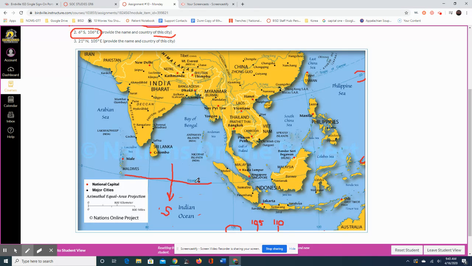Now, 6 degrees south. We have to do a lot more guesswork on this one because we don't have any numbers south of here. So let's just figure out what we did before. This was 0 and 20. We figured halfway was 10, half of that was 5, and in the first one we were looking for 4. So if 5 is here, I'm going to say that 6 is roughly a similar distance, a little bit longer, going south. If I swing my line around and bring my 106 up, I just crossed Jakarta,